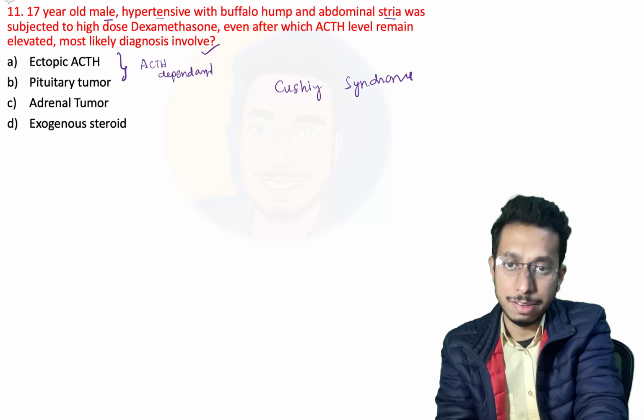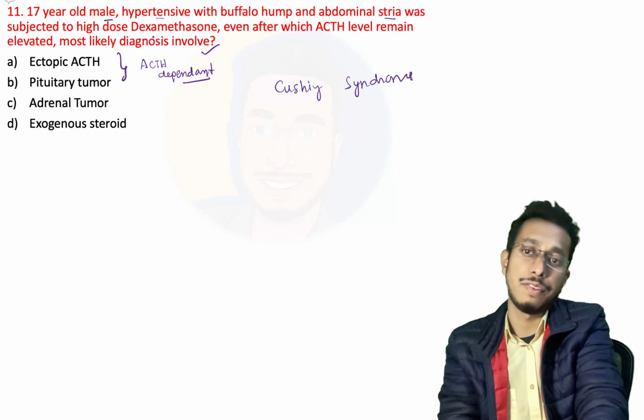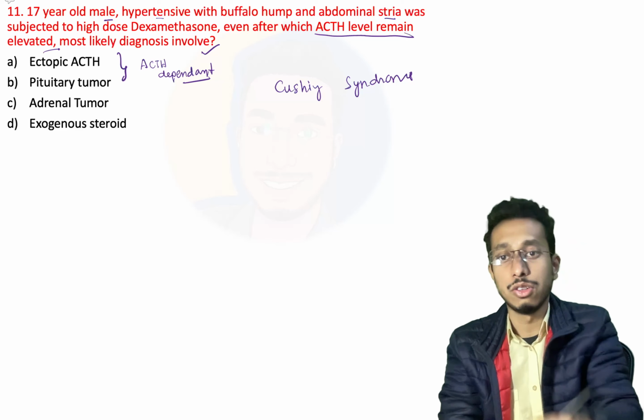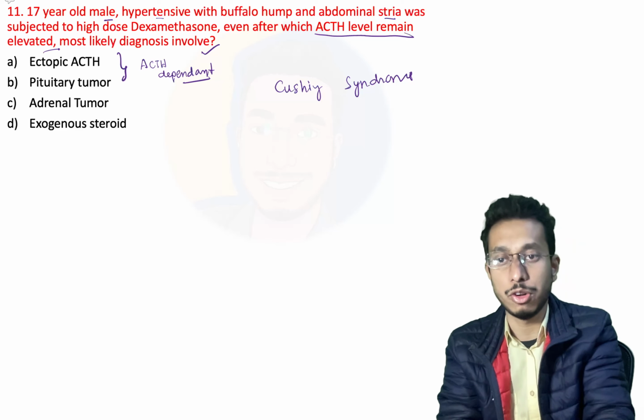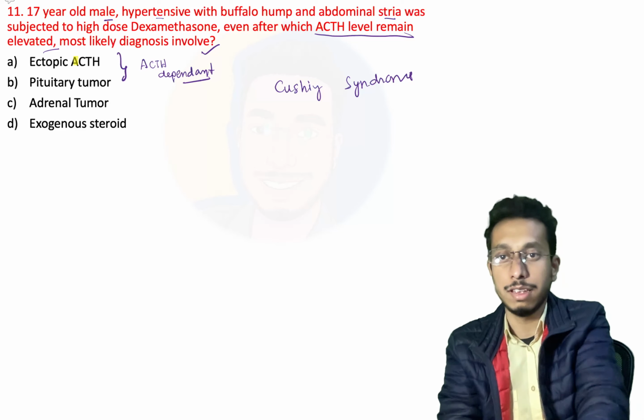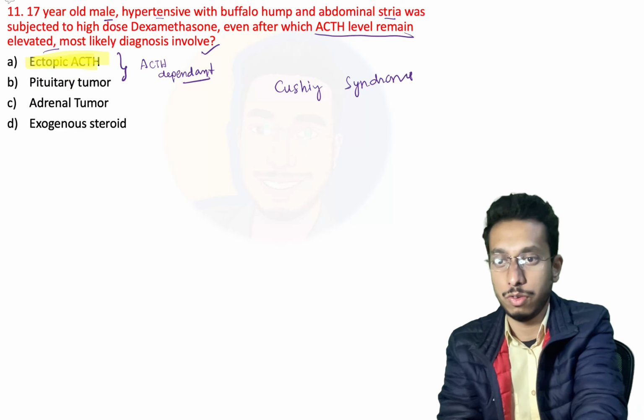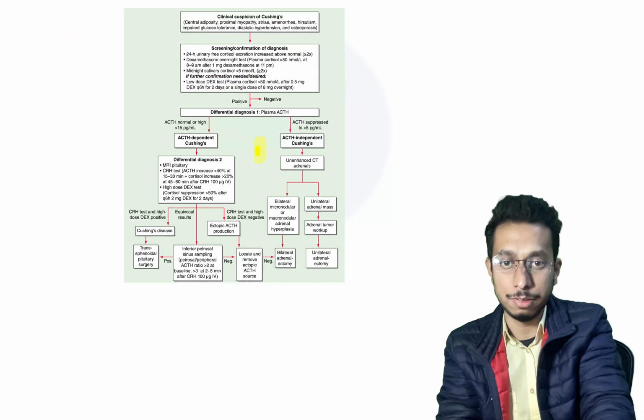And if it is ACTH dependent, after giving high dose dexamethasone, the ACTH level remains elevated. So the source of ACTH is not the pituitary but something other than that, that is ectopic ACTH. So the answer here is ectopic ACTH. Alright, you can see the same thing here